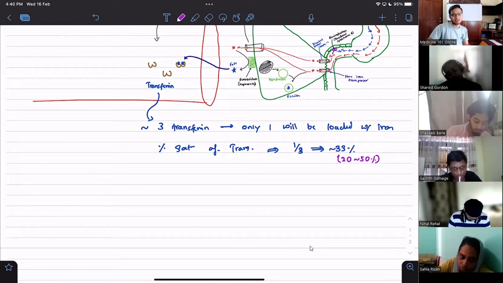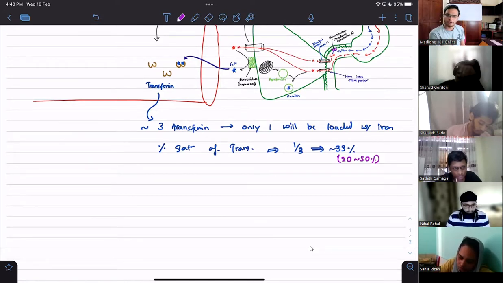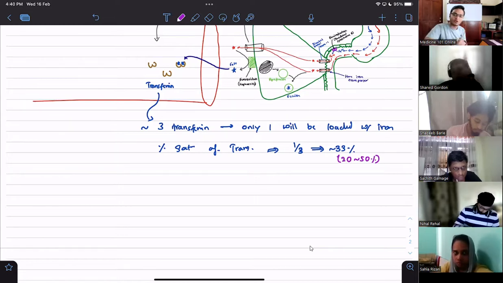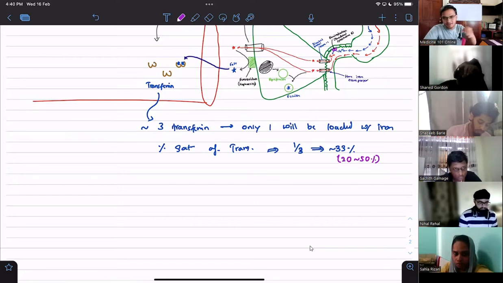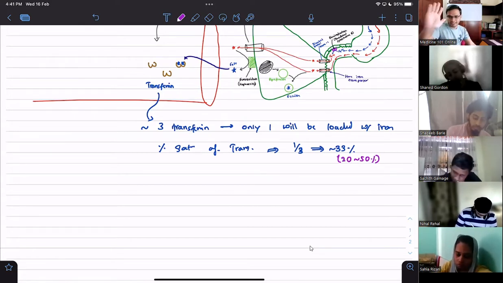We are going into this later, but just from this information, can someone tell me this? If I have a patient, and when I look at his iron profile, the percentage saturation of transferrin is very low, about 15%. What should come to your mind? What is happening in that person at that very moment? You don't have enough iron. Yes, not enough iron has been loaded onto the transferrin. If you all understand that much for now, more than enough. We'll come to this later.